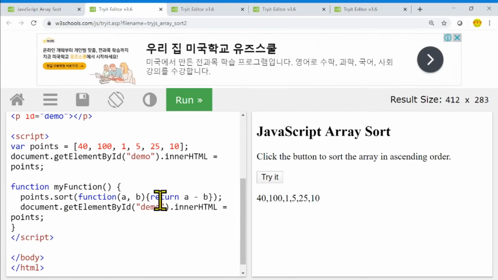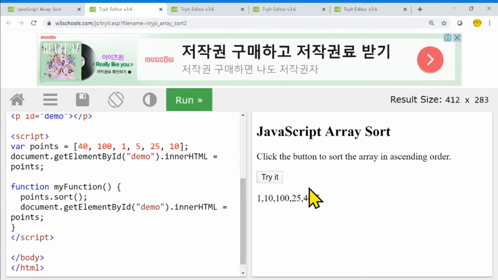Here we are using this compare function, and I will intentionally remove it. And this one is the ordinary sort function method. If we try to sort, you can see this one is showing some